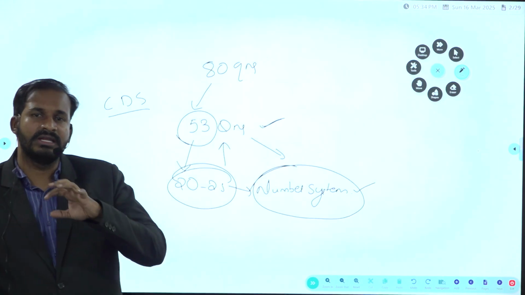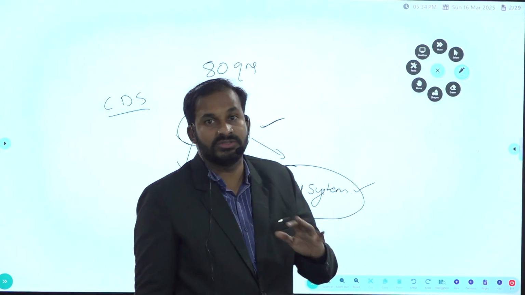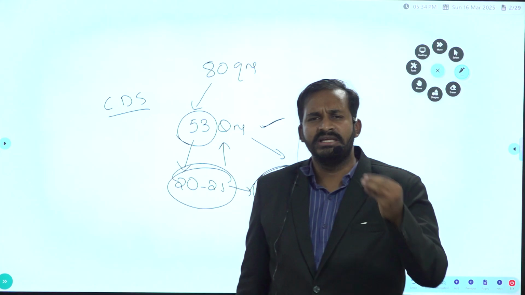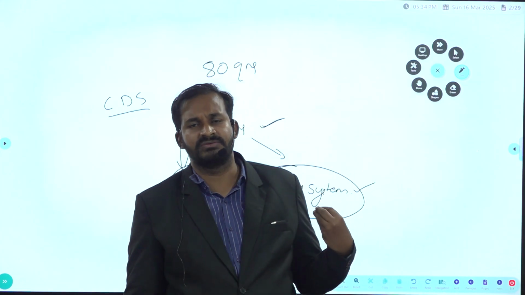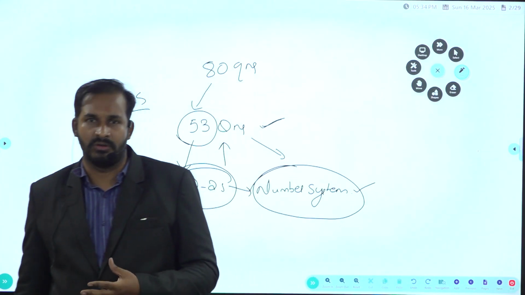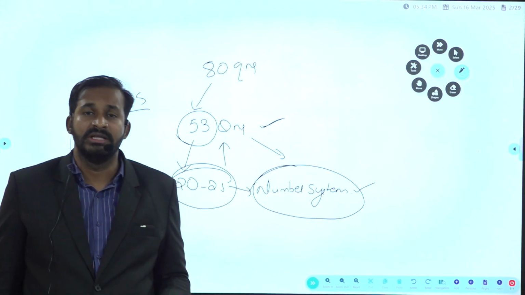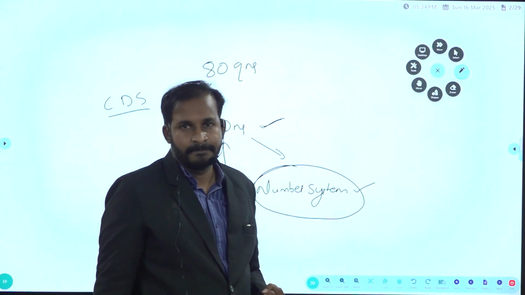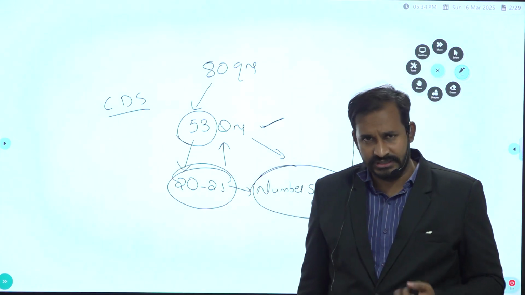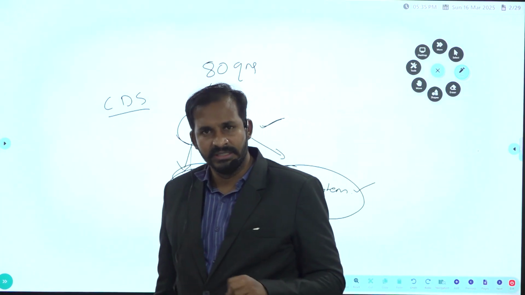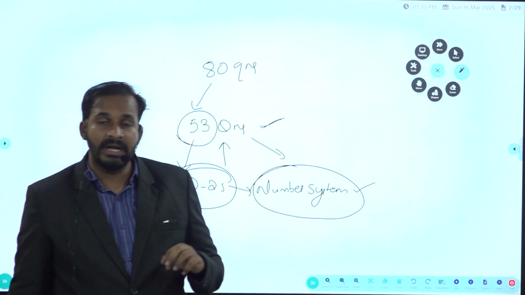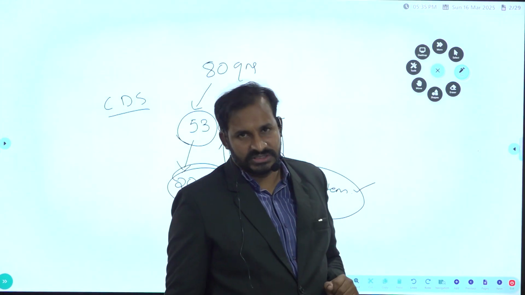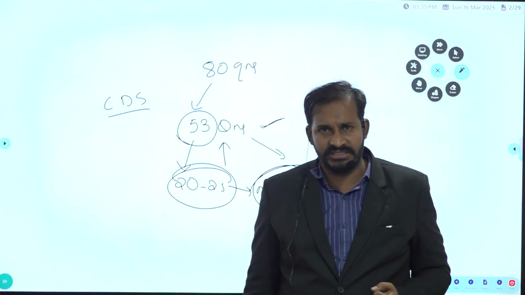Okay, so if you are really good at solving those CDS number system questions, then you can easily understand these questions and be able to solve them. Not only the questions, even the terminology used. See, most of the students are very good at concepts. They know the concepts individually. But if the question is twisted a little bit, they are not able to understand the question.